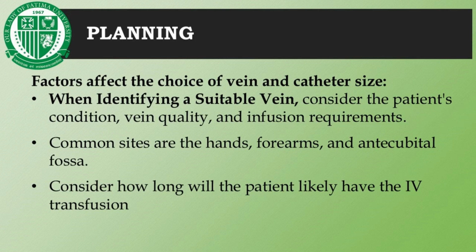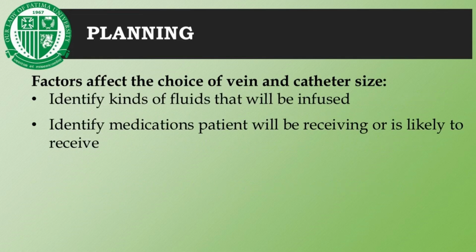When identifying a suitable vein, consider the patient's condition, vein quality, and infusion requirements. The most common sites are the hands, forearms, and antecubital fossa. Remember the importance of considering how long the patient will likely have the IV transfusion. Identify the kinds of fluids that will be infused and the medications the patient will be receiving or is likely